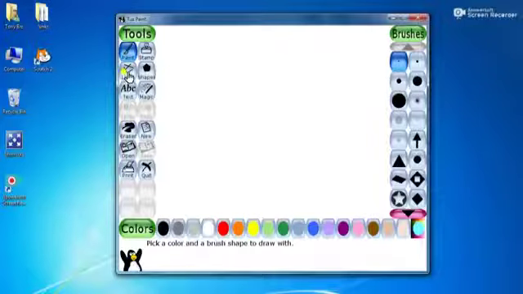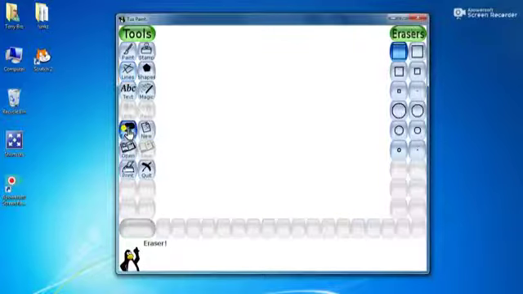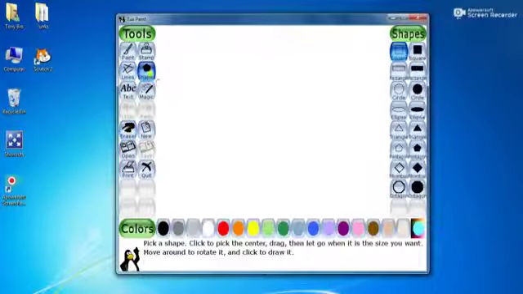Now if I select the line tool, you watch what it would suggest. Click to start drawing a line, let go to complete it. So it is prompting some eraser shapes. So for each tool it has its suggestions and help.